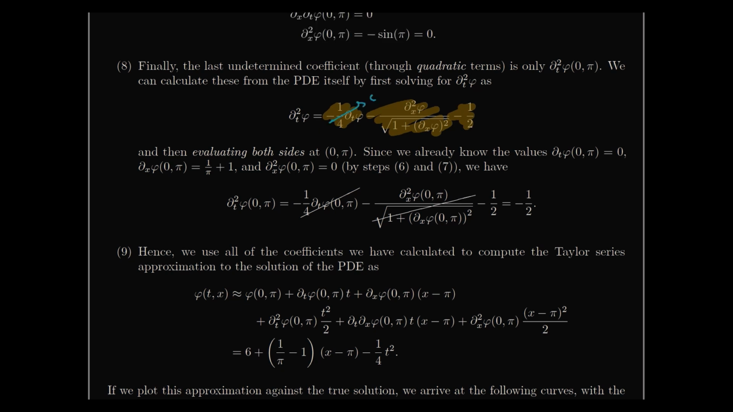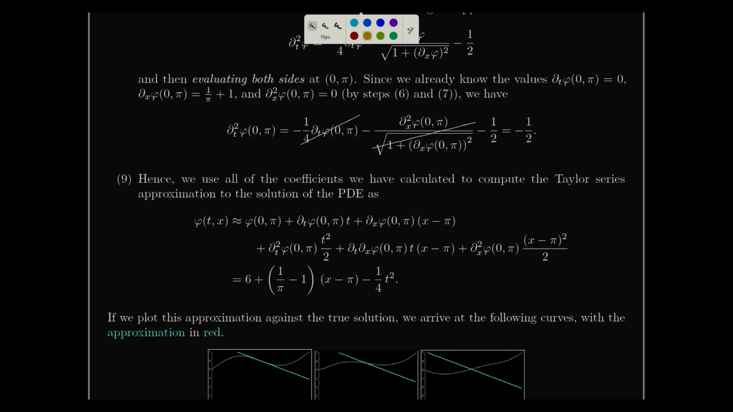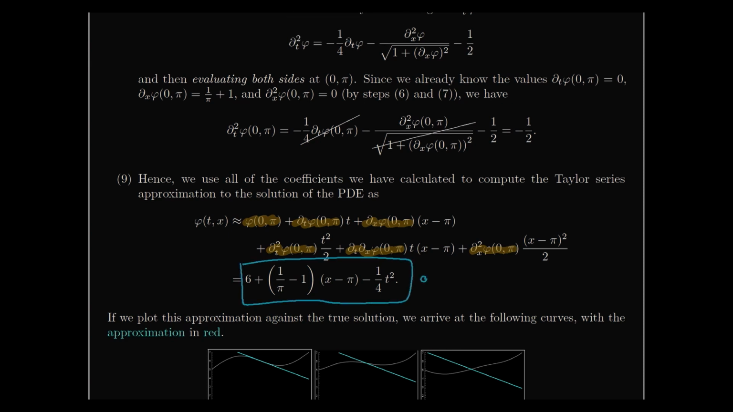Now I've already calculated that this is 0, and in fact, this is 0, this part's non-zero, but everything else is 0 there. So it turns out that the second derivative in time is just this negative 1/2. And so you find the very last coefficient is negative 1/2. Boom, you found all the coefficients you need. All you do at this point is actually evaluate all of them in. So you plug all of these into the Taylor series, and what we're left with is a nice little quadratic polynomial